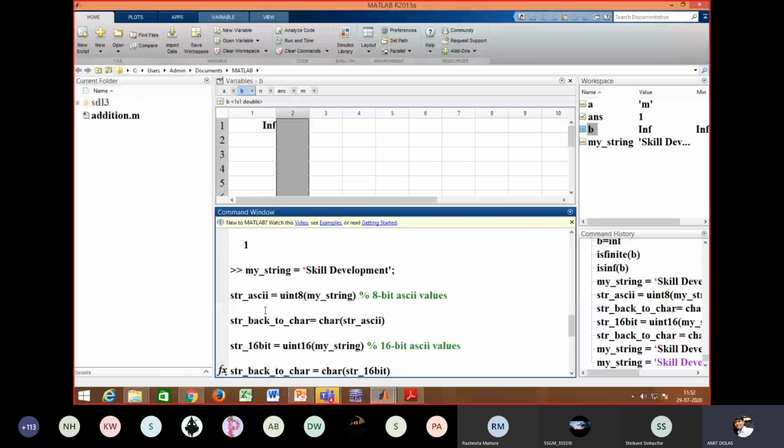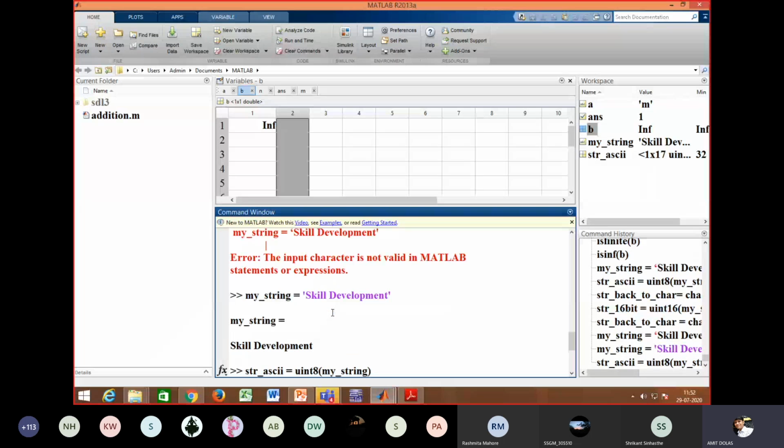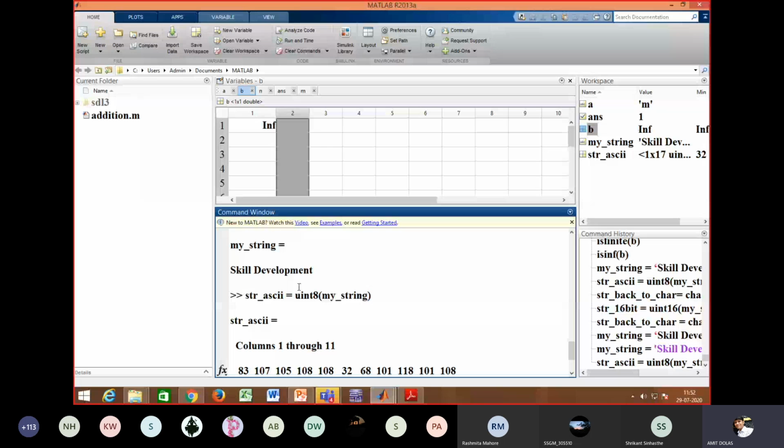Then what I'm doing here is that my string I will convert into the ASCII value. So this is the second line of the code. It is converting my string, that is skill development, into the ASCII value. Here when it displays, it is showing columns 1 to 11 and 12 to 17 because there are a total of 17 characters in skill development.